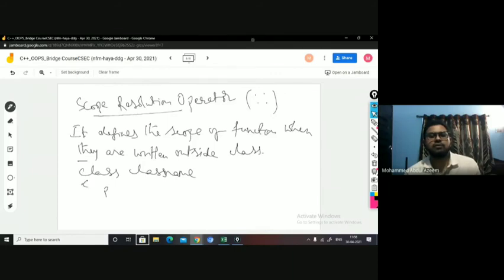And then under public mode, I've defined one function. So what does a function declaration carry? It carries return type, function name, and arguments, right? Which is said to be the function prototype. So what you have to do is just mention the function prototype here under public mode of the class.